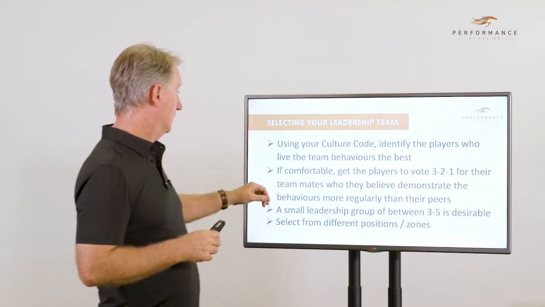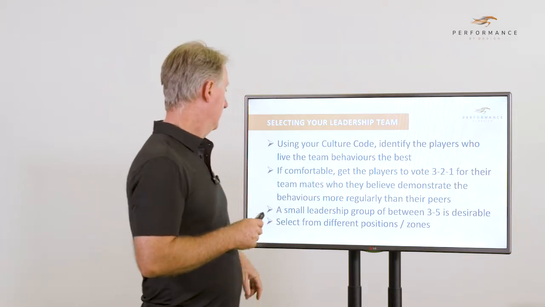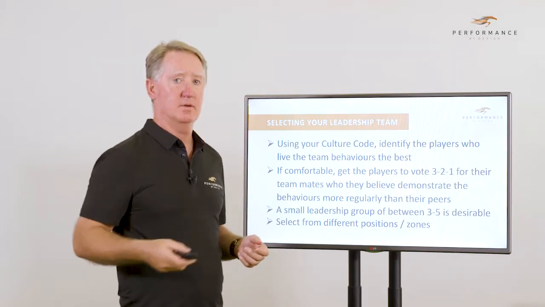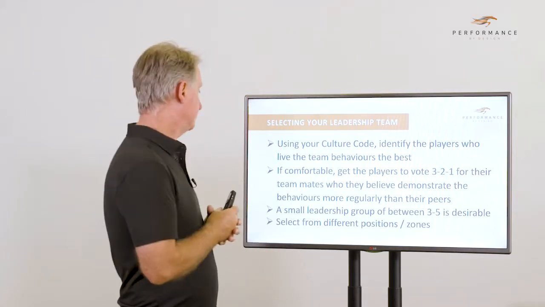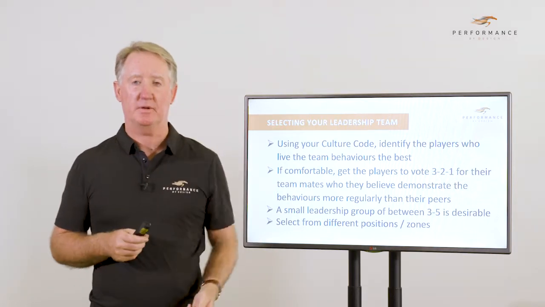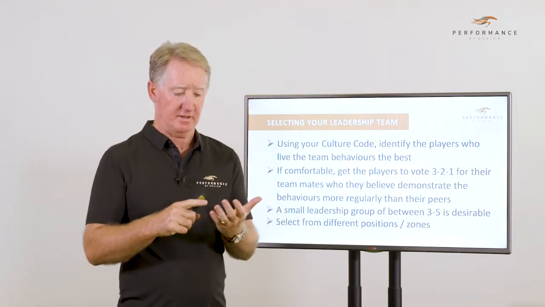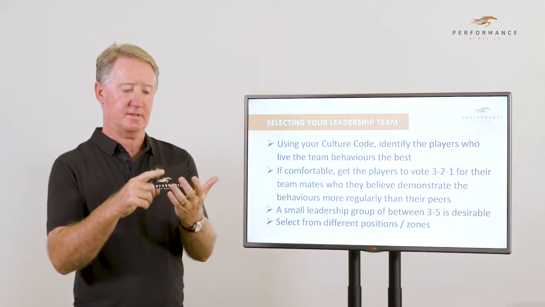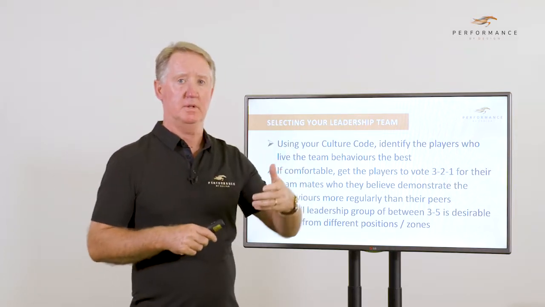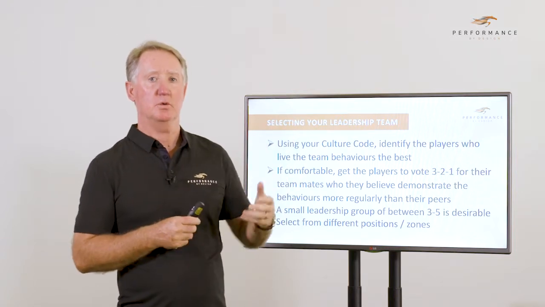In a perfect world, what we would say is get the players to vote. So get the players to do a 3-2-1 for their teammates who they believe best represent the values and behaviours or the culture code that the group's decided on. How do you do that? Pretty straightforward. Give them a sheet of paper each, get them to put 3-2-1 on it, nominate a player that they think best represents the values and behaviours, the second best player, the third best player, gather them in, collate them, and the players that get the most 3s, 2s and 1s